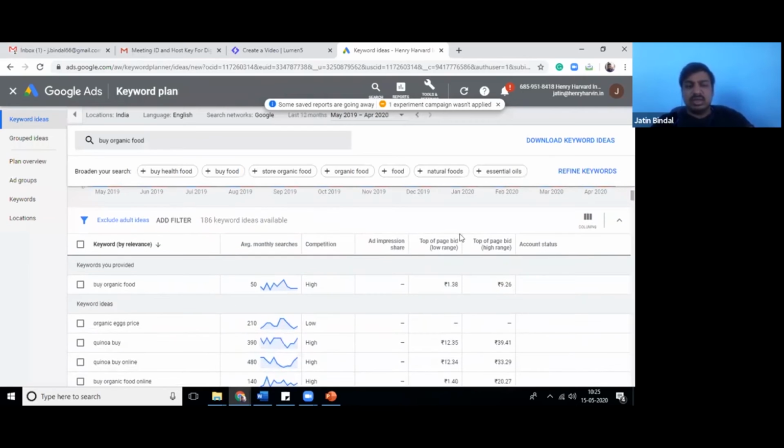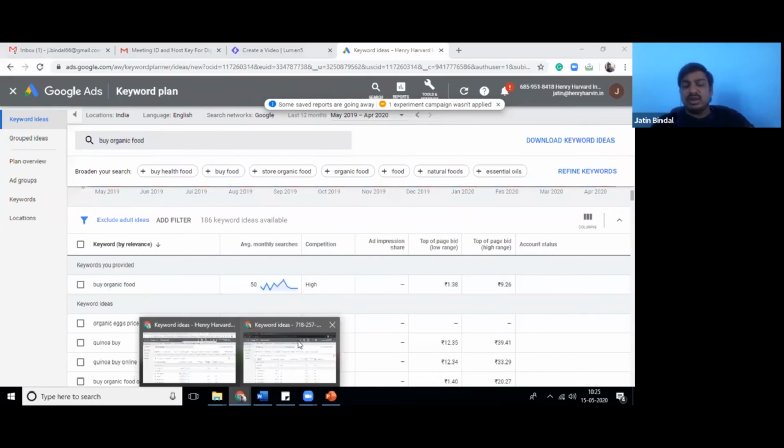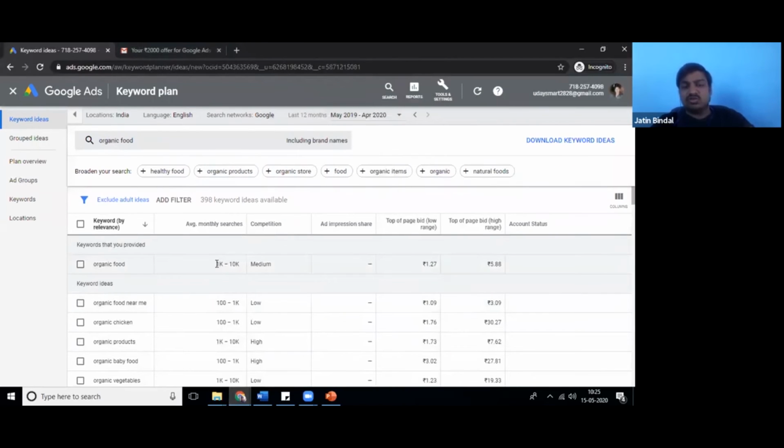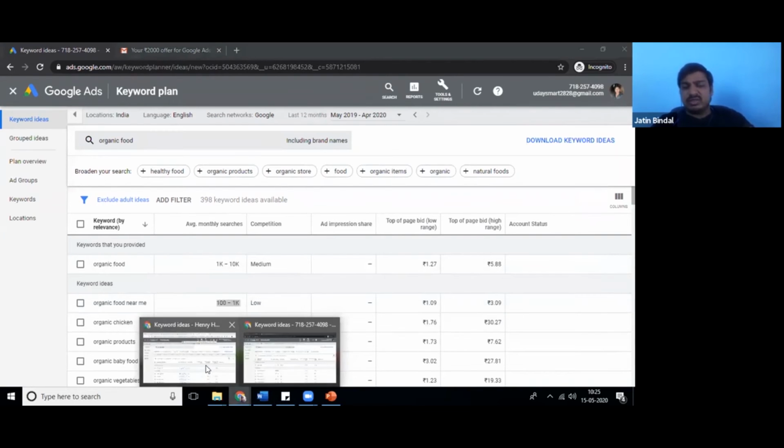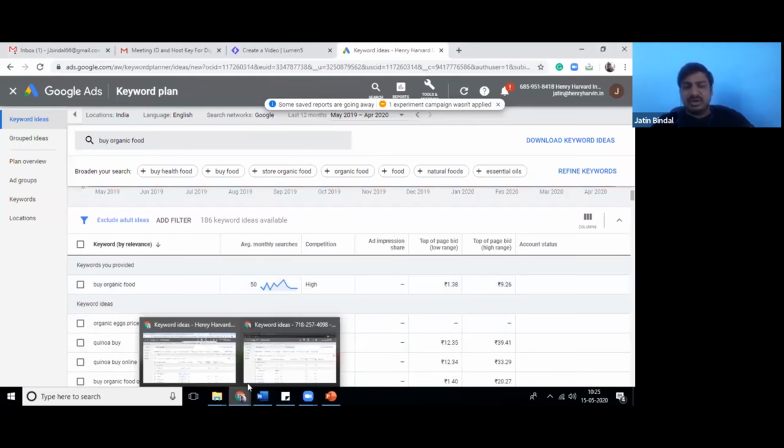And in my case, you will see a specific number for a keyword, 50, 210, whereas in your accounts it will show a range. Why is it showing a range? Because you have a new account. Once you start spending a couple of thousand rupees with Google AdWords, Google will show that data to you as well. Is that clear to everyone?